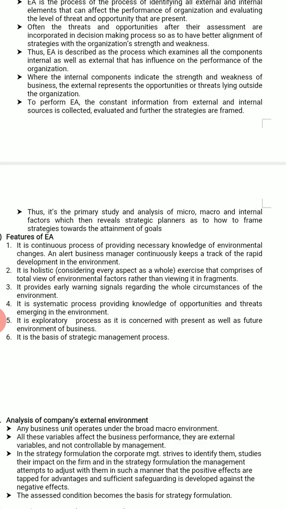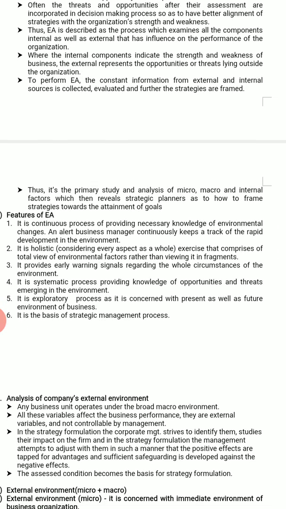It is trying to make such decisions which are then termed the strategies, and which help to have the greatest performance of the business in the market. Thus, mind my words, environmental analysis is described as the process which examines all the components, internal as